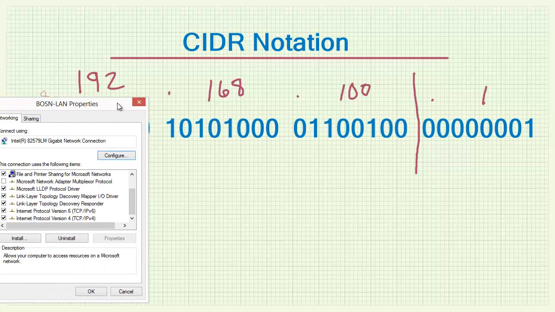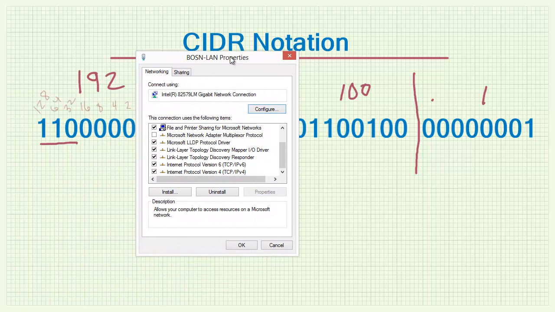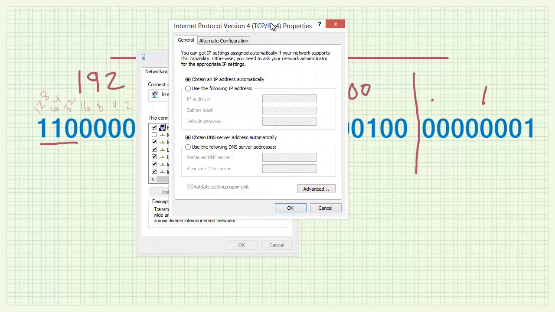I'm going to bring over the properties dialog box for the Ethernet adapter on my computer here, and I'm going to scroll down to the IPv4 item, and I'm going to open its properties dialog, and you can see that my computer, like most, is configured to obtain an IP address automatically from a DHCP server. But just to show you that modern computers can still do classful networking, I'm going to elect to enter my IP address manually, and I'm going to put in the IP address that we're using here in our example,